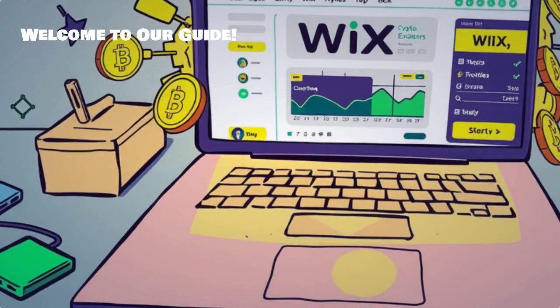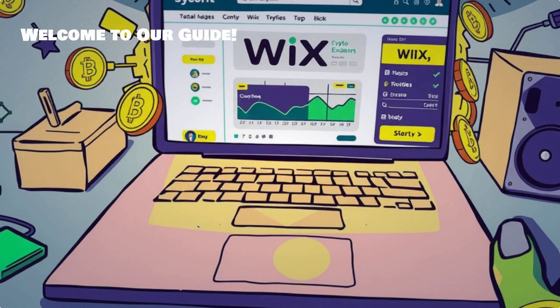Welcome to our video on transferring crypto from Binance to your Wix website in 2025. Whether you're a business owner or a content creator, this guide is designed to help you seamlessly manage your crypto